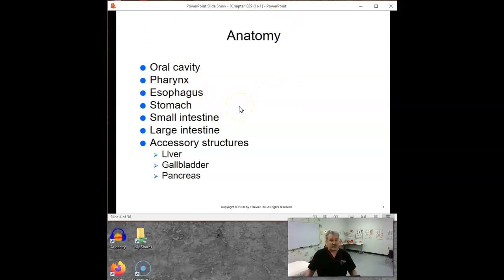It opens up in your stomach. We talked about your stomach. The acid and all that stuff goes into your small intestines. All the food gets absorbed, then goes into your large intestines. All the water gets picked back up again. And we're going to talk a little bit about the liver,